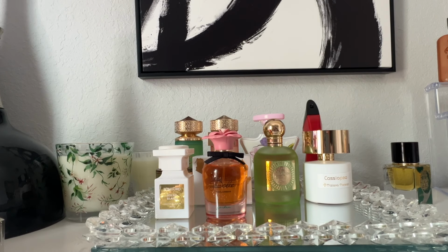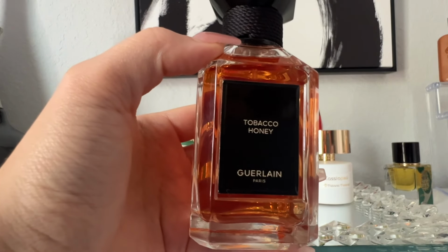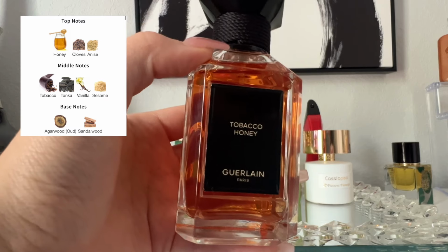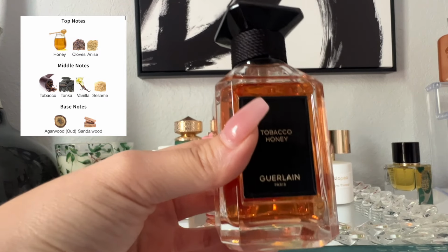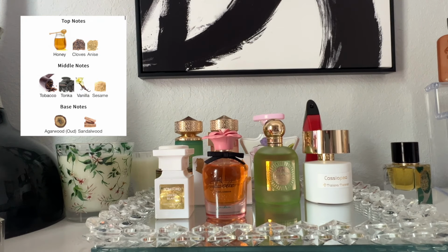And then the brand that really shocked me that they wanted to send me a fragrance was Guerlain. This is a beautiful, well-balanced honey and tobacco fragrance. It's called Tobacco Honey, and it's very sweet. The honey is super realistic. It is quite smoky, and I think because it is so sweet, the tobacco and the oud are not too overpowering. But if you don't like something that's very, very honeyed, you might not like this,